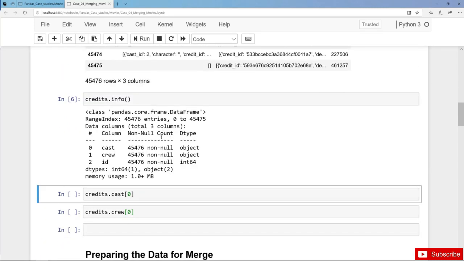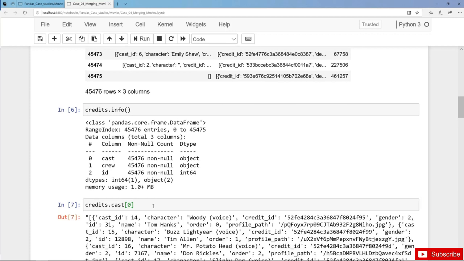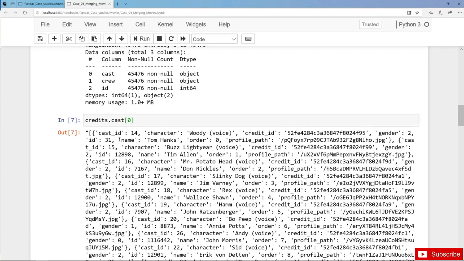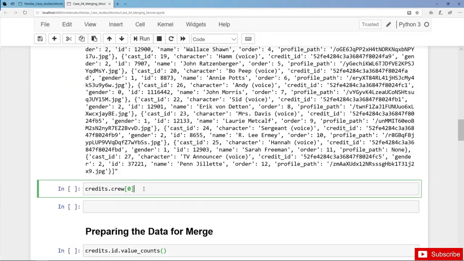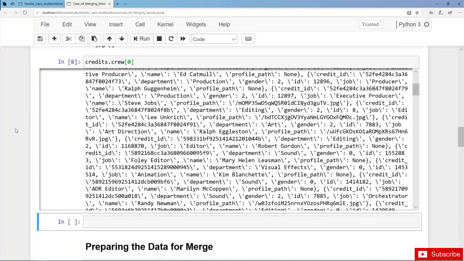So finally, let's have a look at one element in the cast and the crew column. And also here we are faced with the very same problem as before. We have stringified JSON data, and we have double quotes here inside. So this is actually not a valid JSON format. And also in the crew we have stringified data, and therefore we will also have to do some data cleaning and converting. But for the time being, we have finished now the very first inspection and the data import,